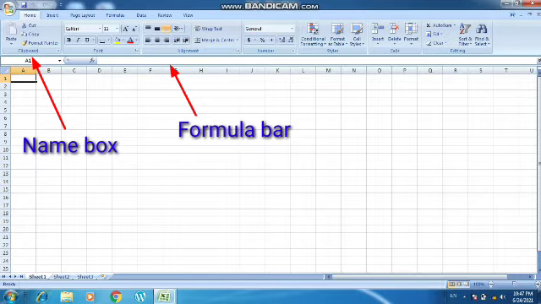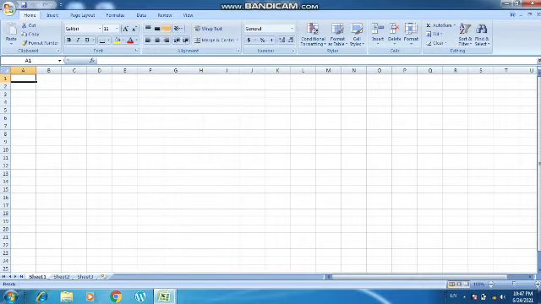Why? Because the active cell has the cell address A1. Now, what is a cell address? A cell address is represented by the name of the column and the row. When you combine the name of the column and the row, it is called a cell address. So this is A1, that is why it is showing A1 right now. If I want, I can also change the cell name. That can be easily done with the Name Box, which I will tell you afterwards.